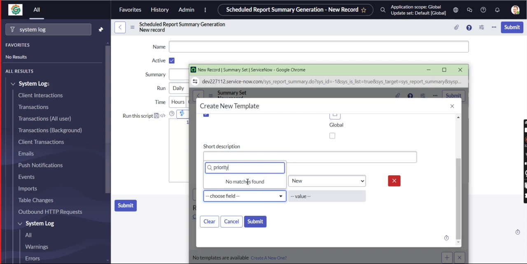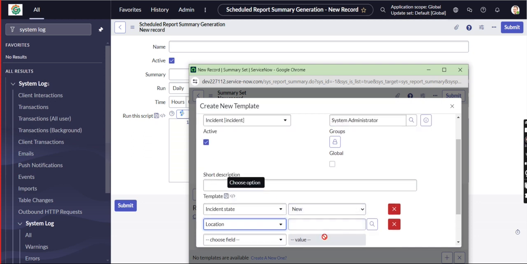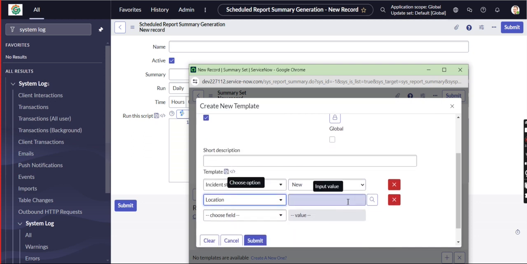Priority, PRI, problem, closed, created, domain, duration, location is US.